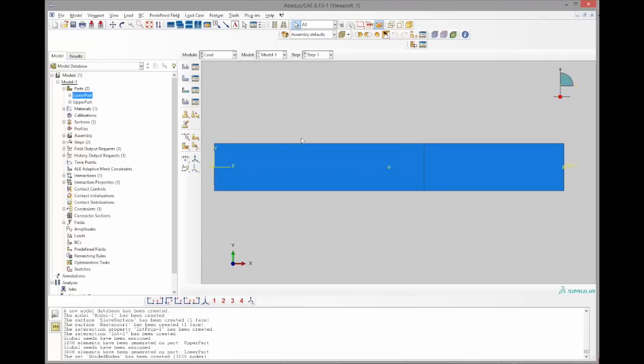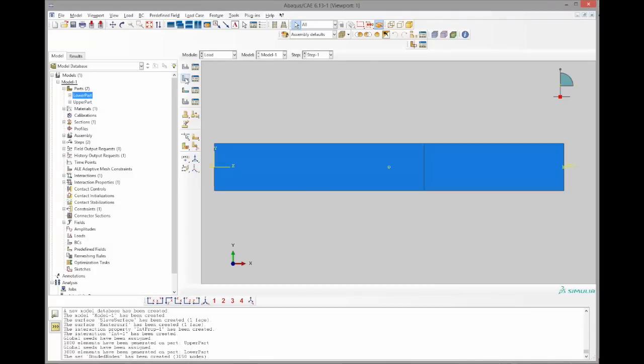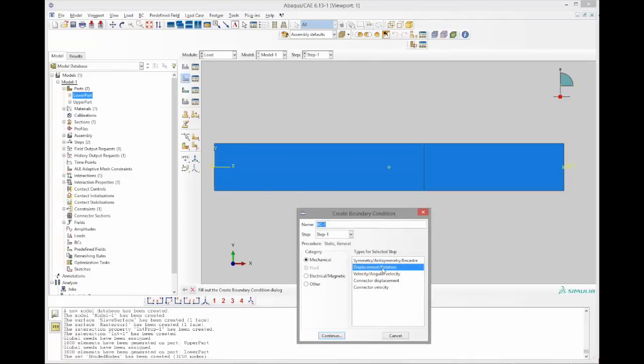In this module we have the left side, which we have to constrain, and the right side as well. Let's discuss that at the drawing. The left side is completely fixed, so there's no way that it can move. The right side is also completely fixed, but it can move in the X direction. So for the boundary condition, this means I can apply a displacement rotation boundary condition named fixed to the left